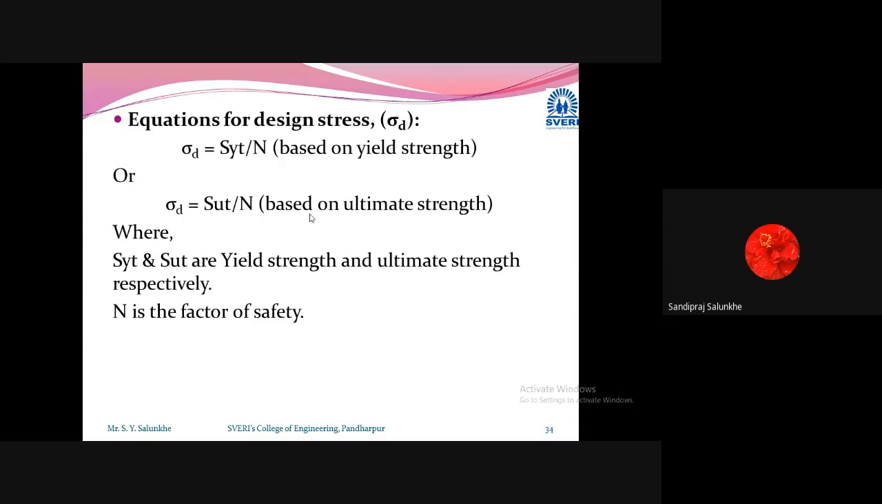So when we are using that 120 as a maximum load, okay, and if you are using factor of safety as a 2,